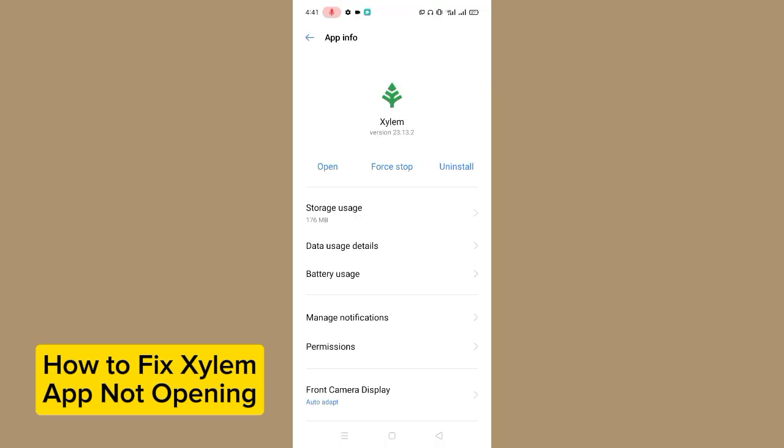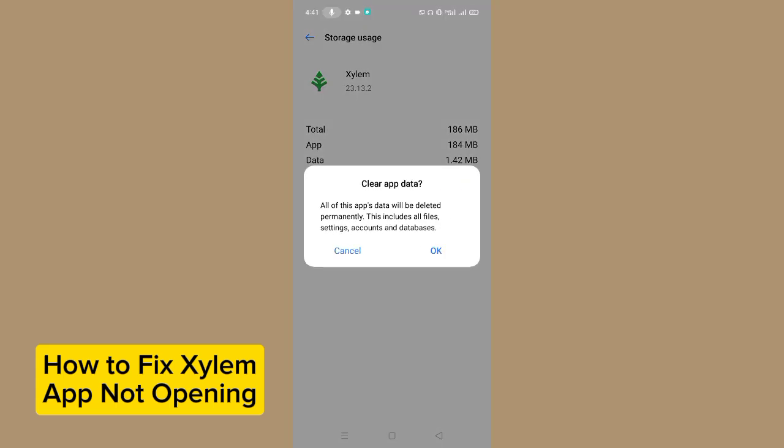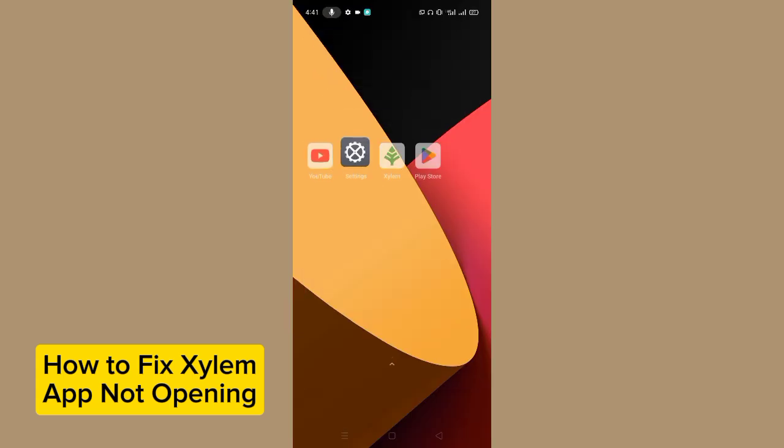Once you tap on app info, then here you will see so many options. So simply tap on storage usage option on the top, and here first clear the cache, then clear data, and then tap on OK. Now the cache and data has been cleared, so close this option and open Google Play